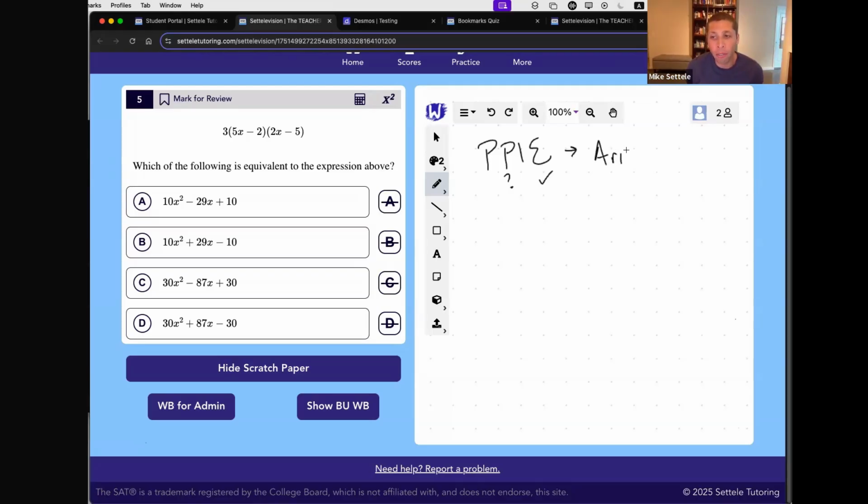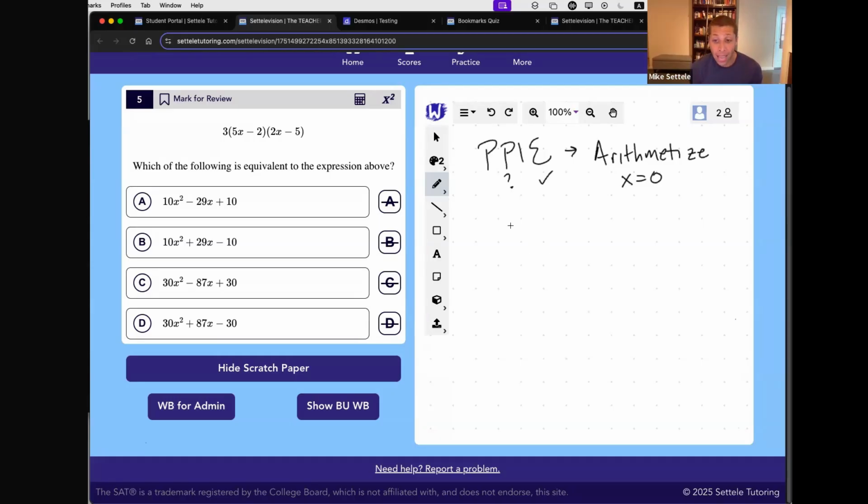That's where we're going to use a version of plug points into equations that I call arithmetize. If we don't have points, and it doesn't seem like we're given any, like on the last question where they gave us values of x, so we had some points to work with, here we got nothing. If it doesn't matter what that x is, let's make it up. And let's make it really easy. Again, laziness isn't a bad thing on the SAT. 0 is a nice lazy number.